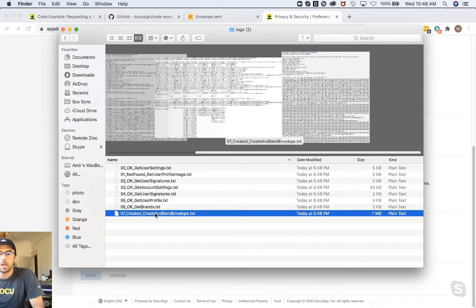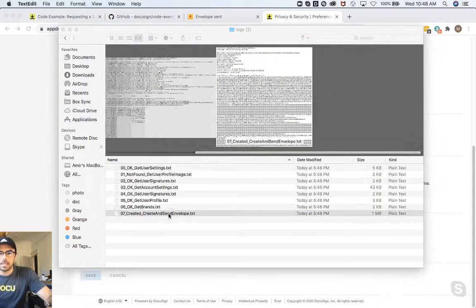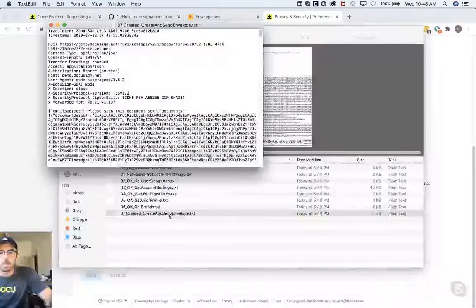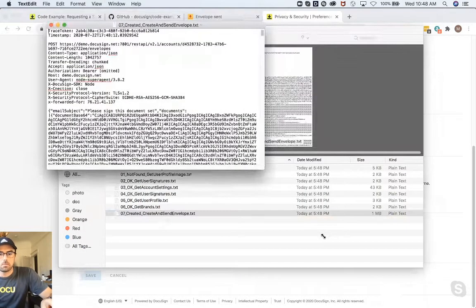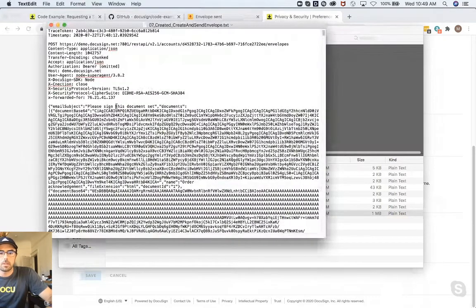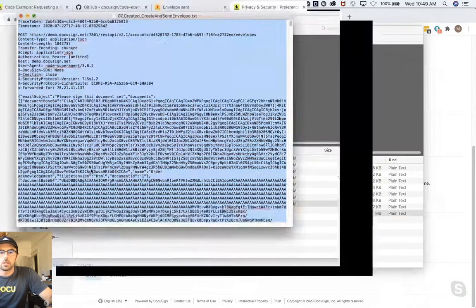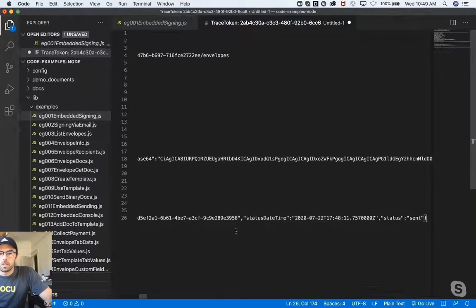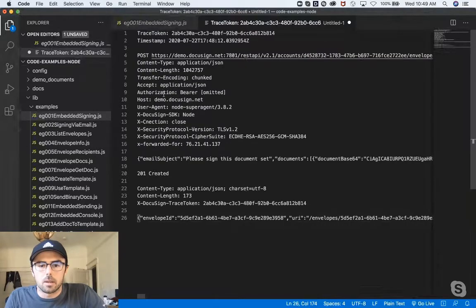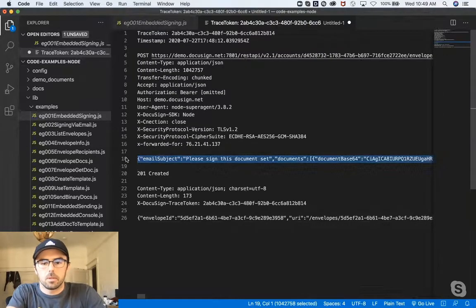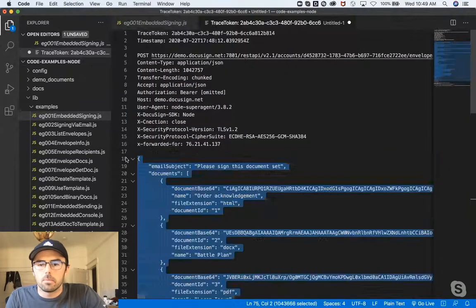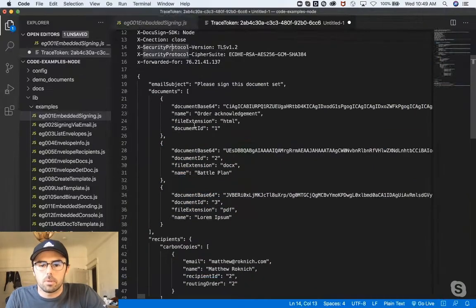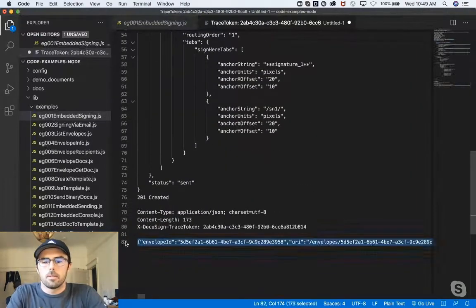If I open this up in TextEdit, it's going to be really garbled and not easy to read. Let's go ahead and grab this all. We're going to copy this, and we're going to close that. And I'm going to close this and navigate to Visual Studio VS Code. Let's paste it in VS Code. And so now this should be cleaned up a bit. Let's prettify it. VS Code has some cool extensions that allow you to pretty things up quite a bit. Okay, so now we've prettied things up a bit.